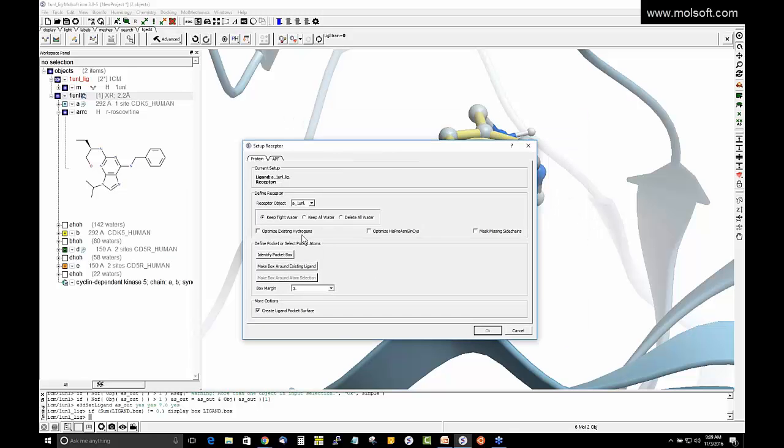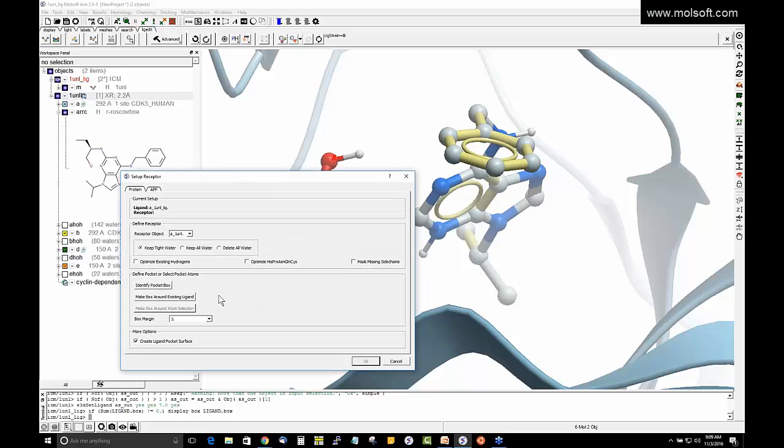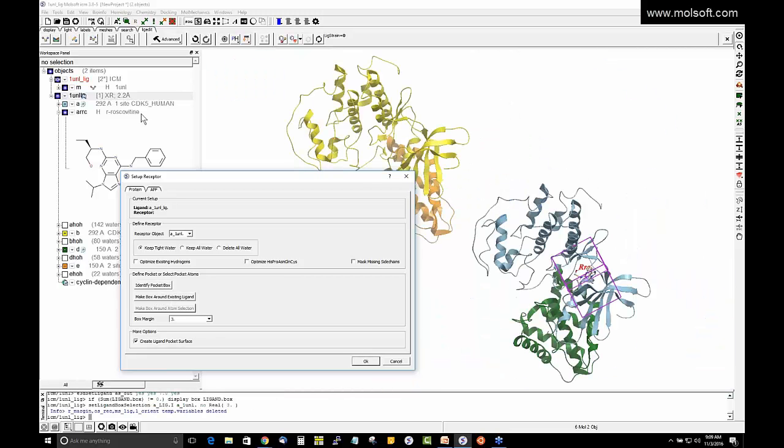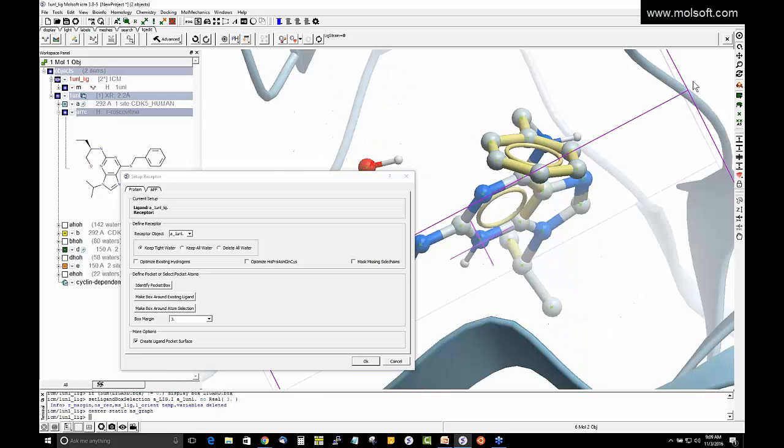Then the next step is to tell ICM where the ligand is. In most cases actually with the ligand editor, you're editing a ligand that's bound to the receptor. So you know where the pocket is. So you can just say make box around existing ligand, which is what I would do. But you can run the ICM pocket finder, which will find binding pockets around the protein, and then you just select the pocket. But in this example, we're going to make box around existing ligand, and you can see here